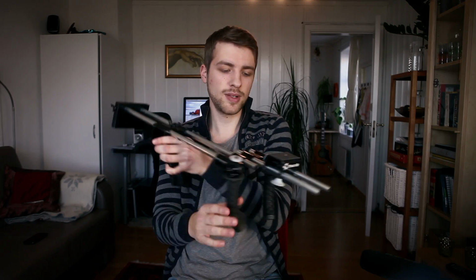I've been looking at different shoulder rigs and found that there are so few that have all the specifications I want. For instance, some feel very plastic and easy to break. This one is made of aluminum, so it's very solid and still light. Some rigs don't have the counterweight at the end here, and this one does, so the front part gets less heavy when shooting. Some rigs have a monopod from the front part down to your belt, but this is a bit negative because when you walk the rig will bounce up and down, so that's not a good solution, I think. A lot of shoulder rigs don't have rails or adjustable parts,